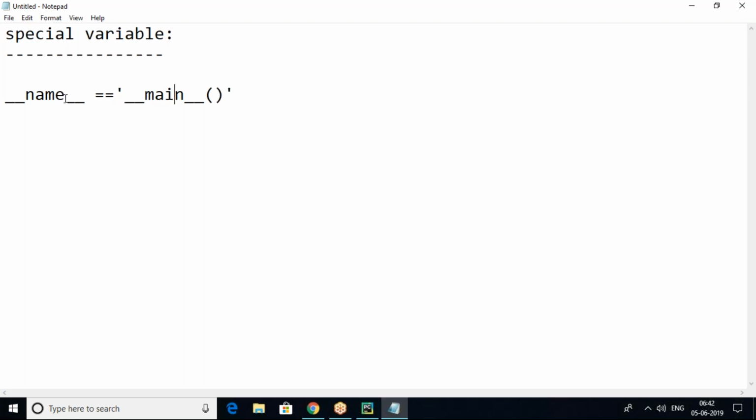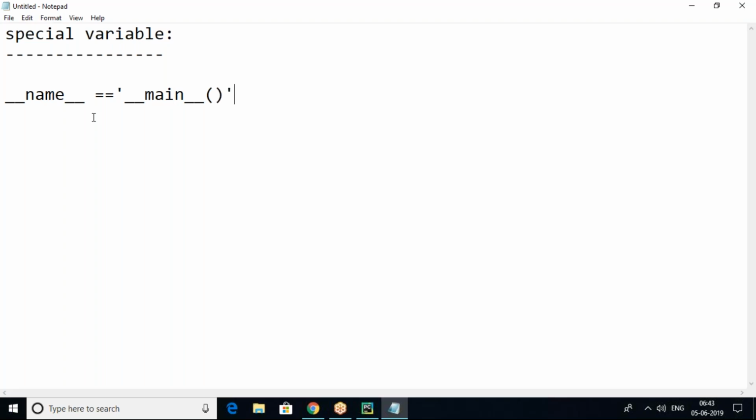Otherwise, if the special variable name is not equal to main, that means the program is not executed as an individual program, the program is executed from some other module. So simple logic, this special variable is used to check whether the program is executed directly as an individual program or from some other module.